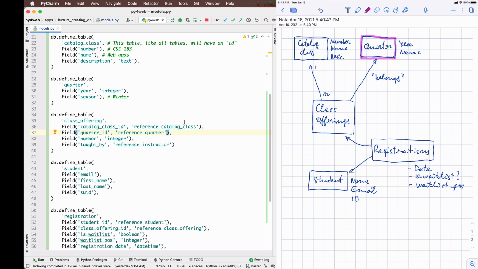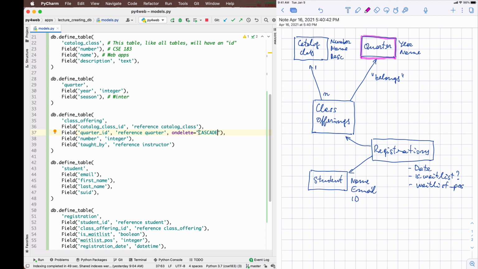So here you can say onDelete is equal to, and you can put a string. And for this string, you have various choices. The two main ones are set null, which means that if the quarter is deleted, you say that this offering has no quarter anymore. And the other one, which is the default, is cascade, which means that if the quarter is deleted, you are going to delete the class offering as well.